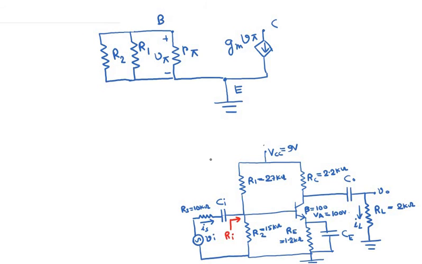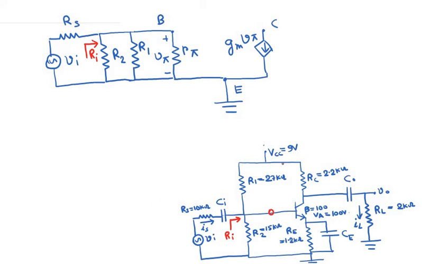And then again between the base and the AC ground, this series combination of Vi and Rs is also present. So we draw this between the base and the AC ground, this series combination of Rs and this AC voltage source Vi. And Ri is basically the resistance seen in this direction, and again I repeat that Ri does not include this source resistance Rs.